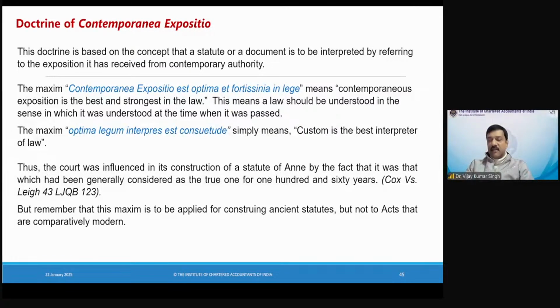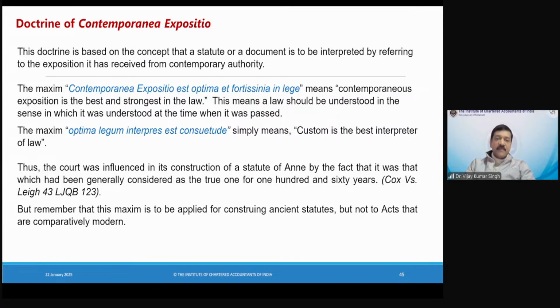I'll give you a beautiful example. Indian Penal Code, 1800s, the law was, okay, 1860. And we were interpreting that particular law till this point, right? When Bharatiya Nyaya Sanhita came up. So do you think that the law was applied as it was there in 1800s? No, it was applied with the present context. But whenever there was an interpretation brought up, we were trying to see that this law meant this at that point in time, but now at present, this law has to be applied like this.